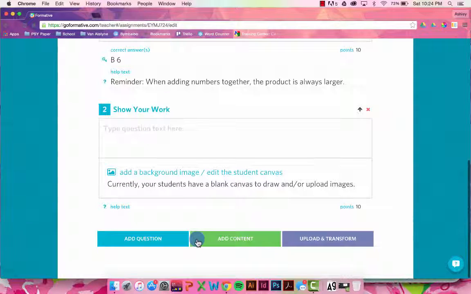Show your work. Awesome. Okay, and this feature I am so excited about. Earlier, they did not have this feature back when I was first learning about Formative. And to me, this is extremely beneficial to math teachers. The first thing that came to my mind is coordinate grids. So if you said plot the ordered pair